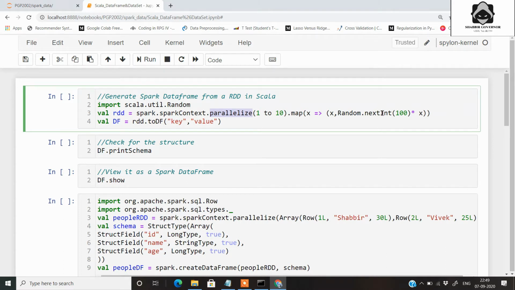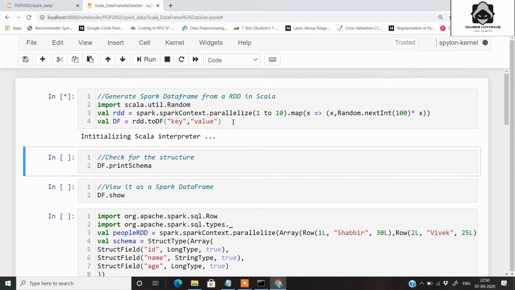We map it inside this using the random function nextInt, and then 100 multiplied by x. Once this RDD is created, we will be converting this RDD using toDF, that is a method to convert an RDD to data frame based on this key and value pair. Let's print it. Again it will show you initializing Scala interpreter because we have opened a new notebook.